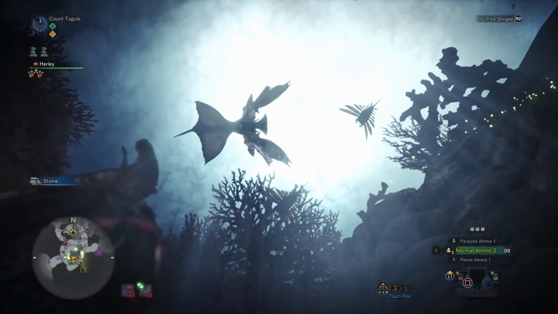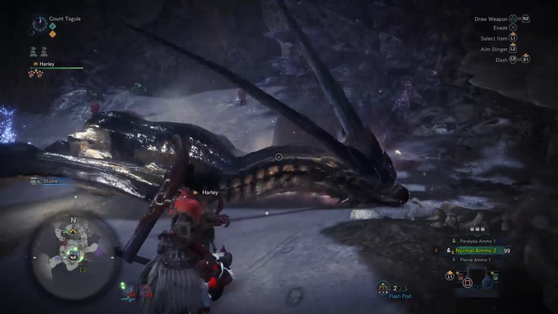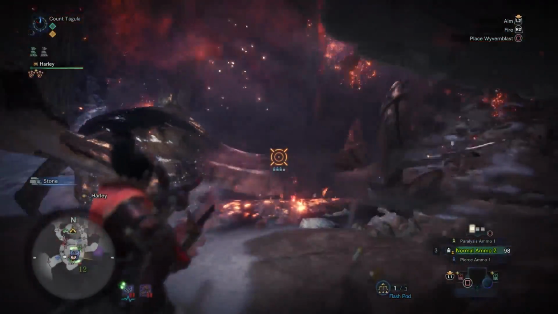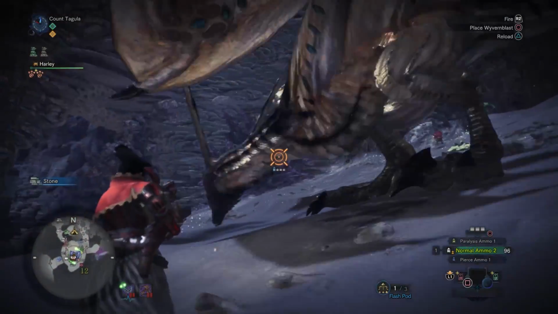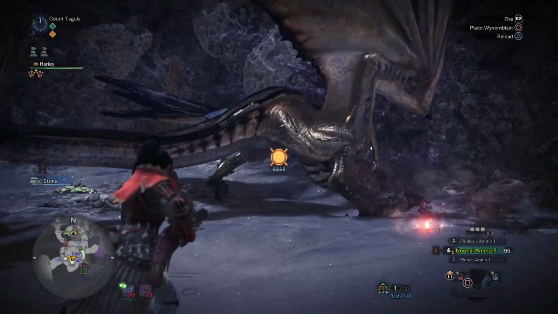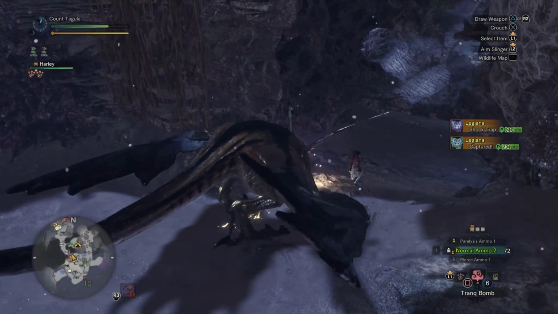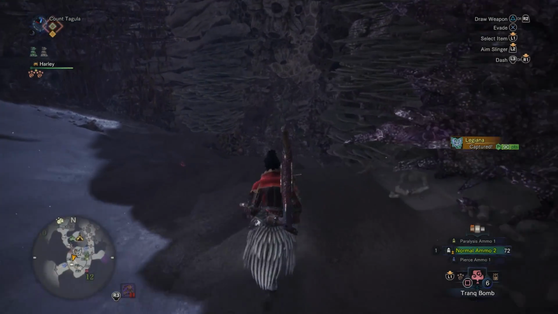And here she comes. So we're just going to go ahead and flash her out of the air. Going to fall right on top of my stuff. Oh god. Pull out your weapon, and you can just completely devastate her. Now, if you kill Legiana really fast, you'll actually be able to do the same thing to the Rathian, which is awesome. Alright, so once you capture or kill the Legiana, you can just jump right down here, and